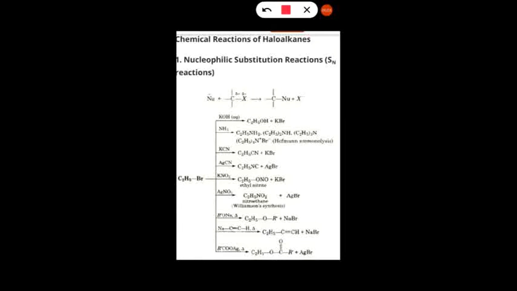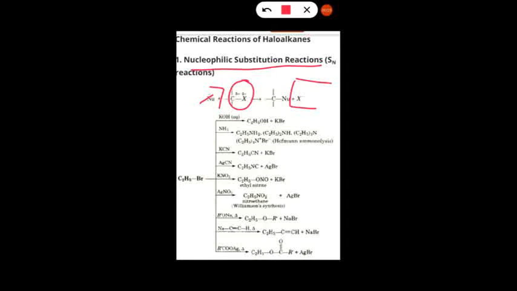Here we will discuss the nucleophilic substitution reaction. This is the alkyl halide in which a nucleophile attacks to form the nucleophilic substitution product. The halogen is released, and it is the leaving group. So that is the nucleophilic substitution: one atom or element is removed and the other, the nucleophile, is substituted.